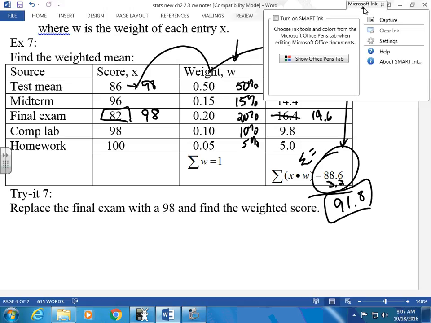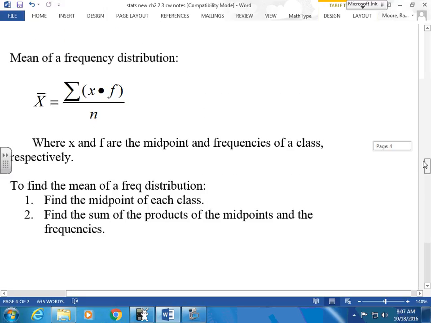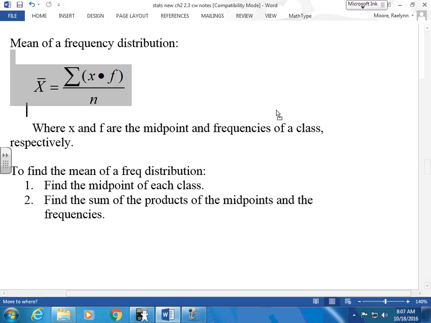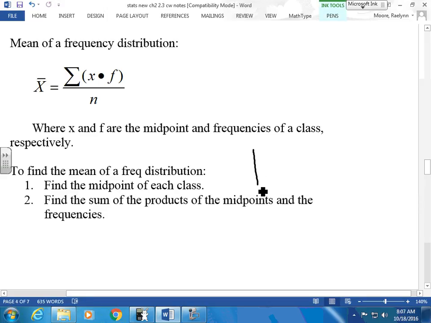And the only other thing that we have to worry about is sometimes you guys get a frequency distribution where you have a frequency chart. So you have all your values in here, and then you have frequencies. And we had you put in your calculator yesterday, if you're going to do this, in your one-var stats, you're going to say one-var stats,